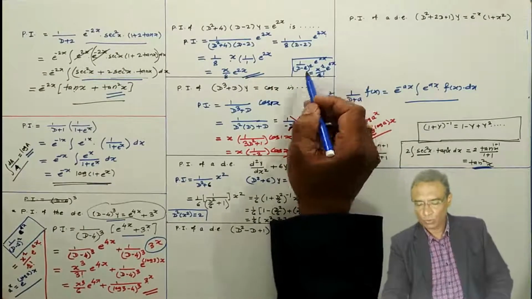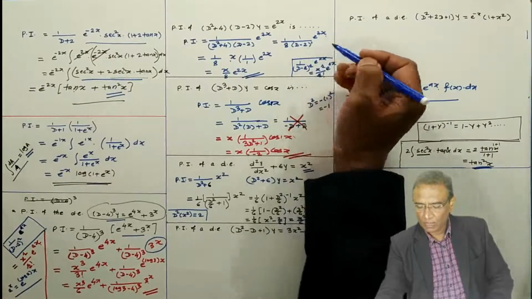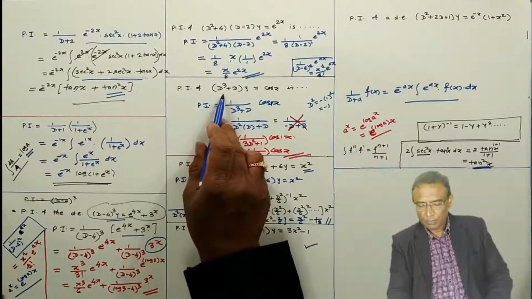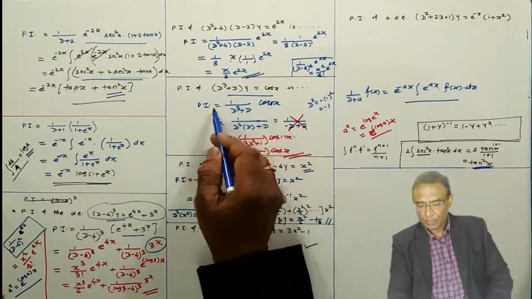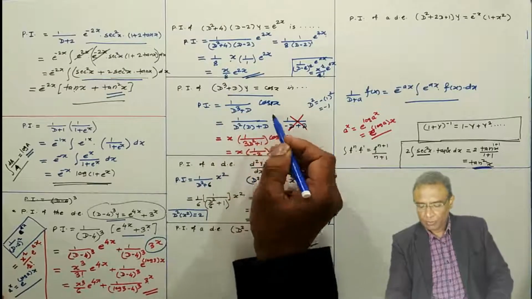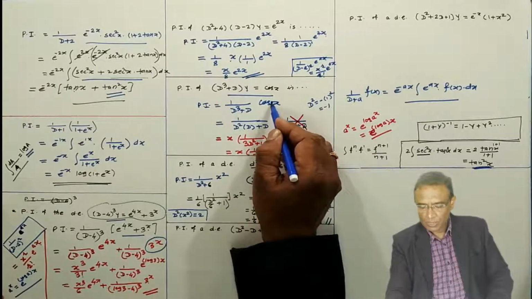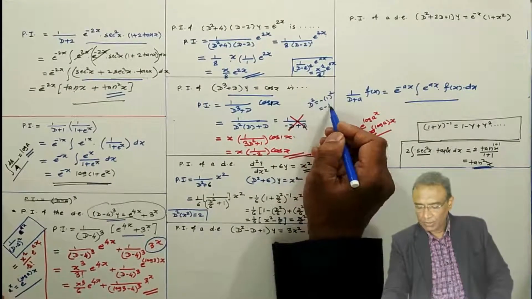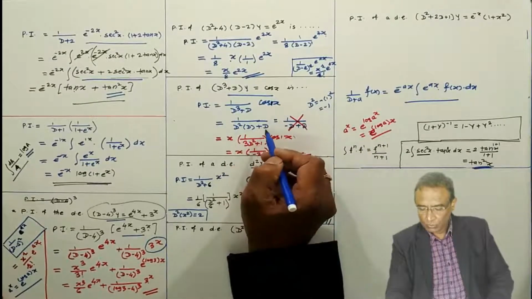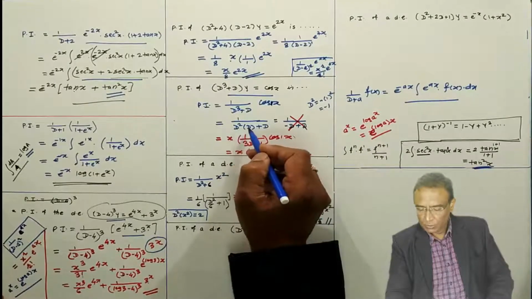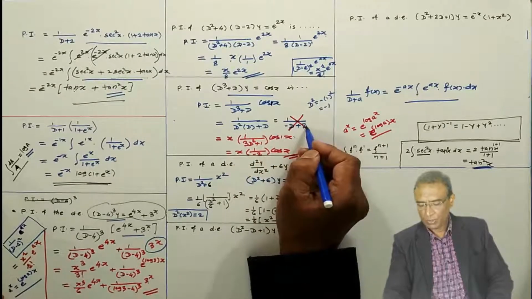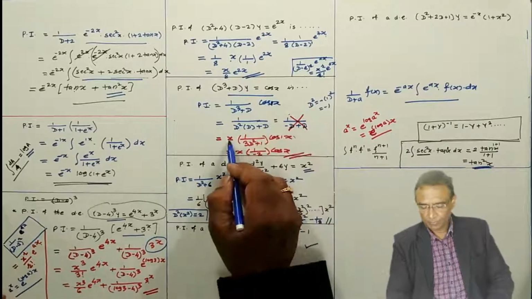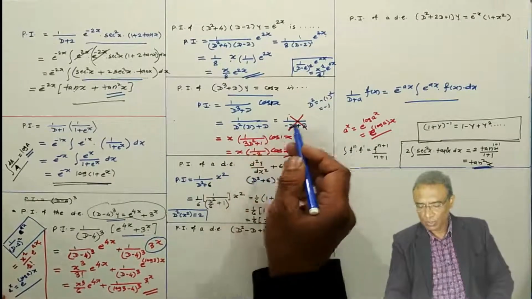You can use this formula also, where r is 1, and a is 2x. This problem, particular integral of this function, shift this operator on the right hand side. We are operating on cos 1x, means replace d square by minus of 1 square, means d square equal to minus of 1. If you put d square equal to minus 1, what will happen? Minus 1 into d plus d, means minus d plus d will be 0, and this I don't want. Therefore, write down x outside of the operator. Denominator is going to become 0 for this thing.